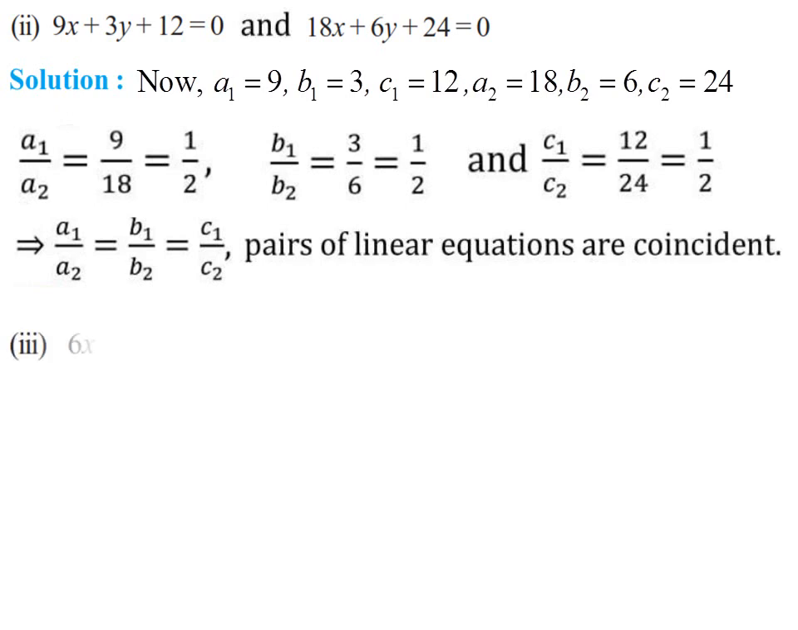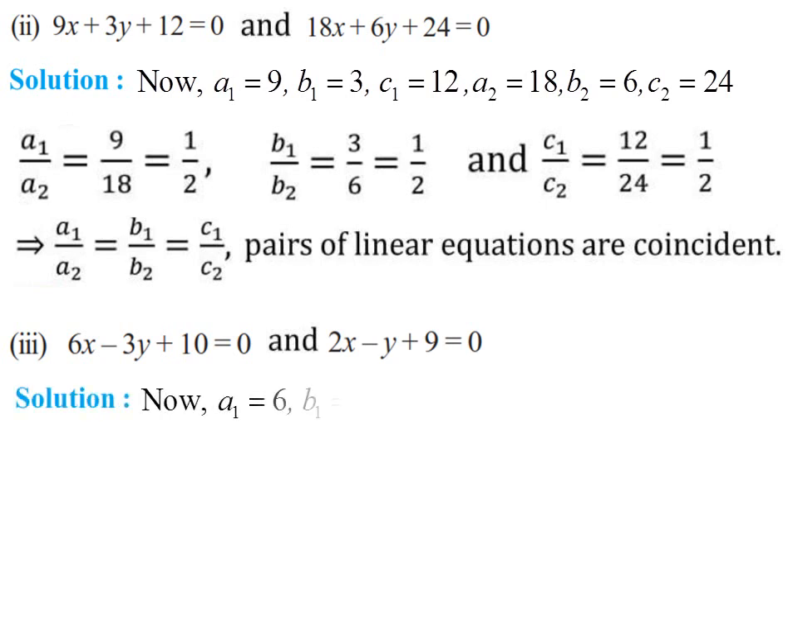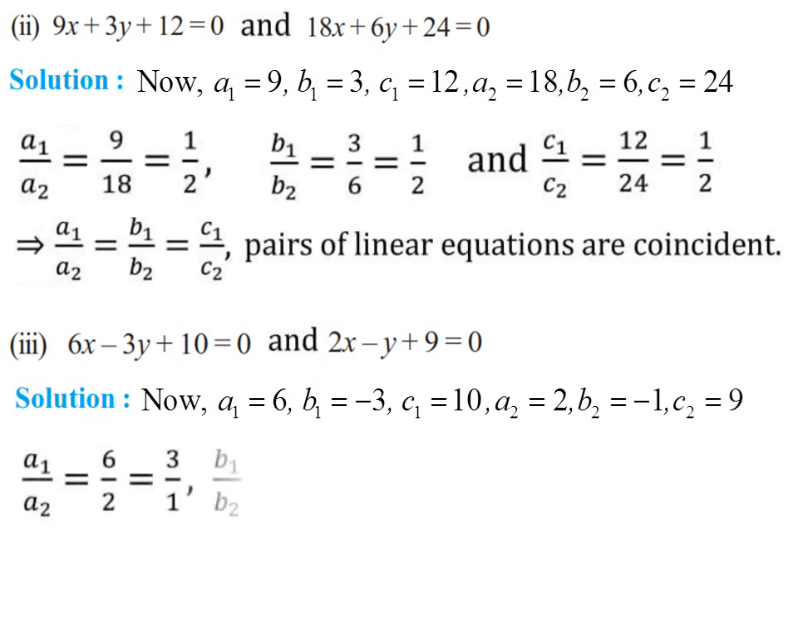The third one: 6x minus 3y plus 10 equals 0, and 2x minus y plus 9 equals 0. Again, for the solution, we will take A1 equals 6, B1 minus 3, C1 10, A2 2, B2 minus 1, and C2 9. Again, A1 by A2 equals 6 by 2, which equals 3 by 1; B1 by B2 is minus 3 by minus 1, or equals 3 by 1; and C1 by C2 will be 10 by